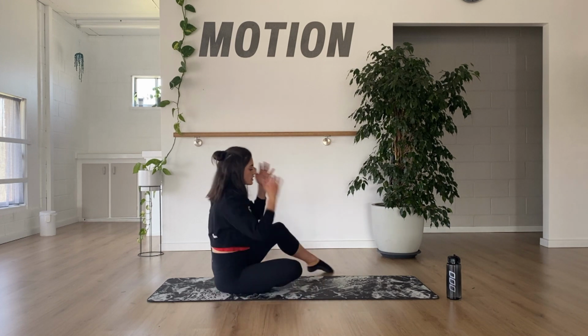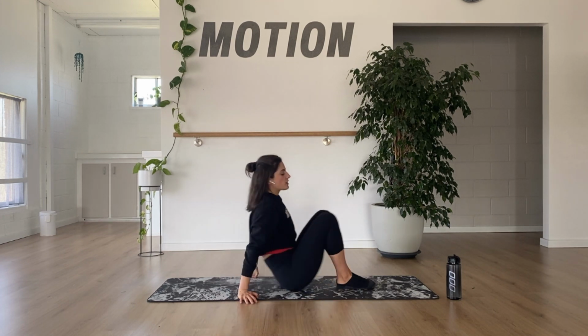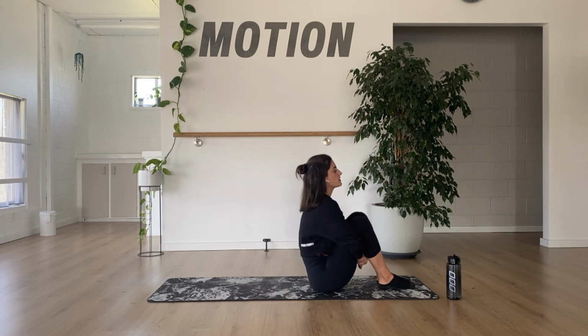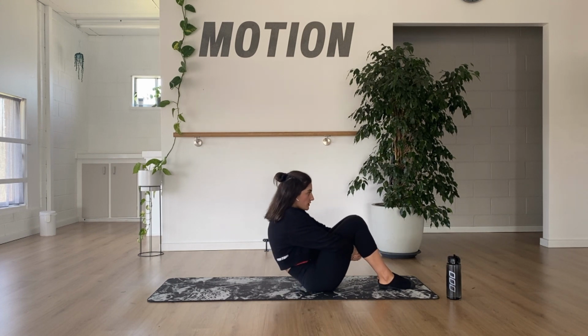So we're going to flip over onto the bottom now, and we're just going to get into a couple of rollbacks. So getting the back with the spine nice and warm in our flexion. So you can either hold behind the knees or over the knees, whatever feels good for you. And we're going to create as much of a curve as we can through the spine, so you're essentially slouching